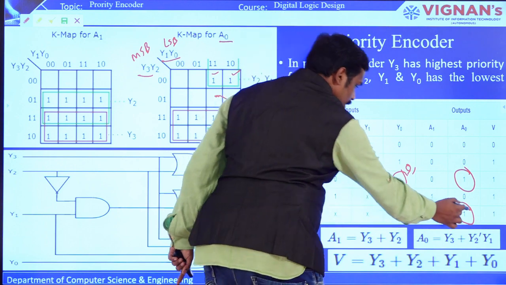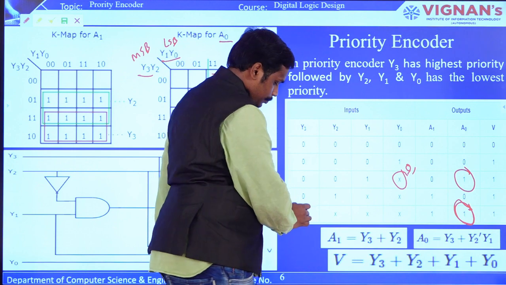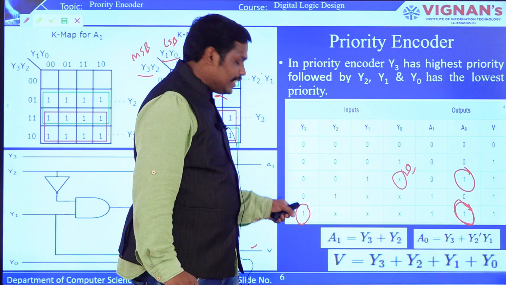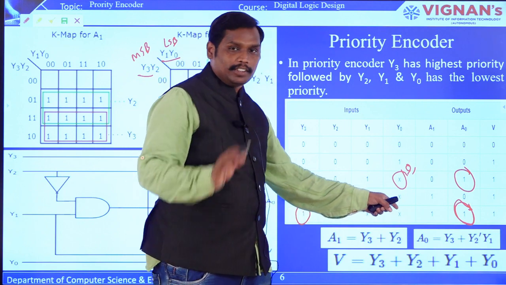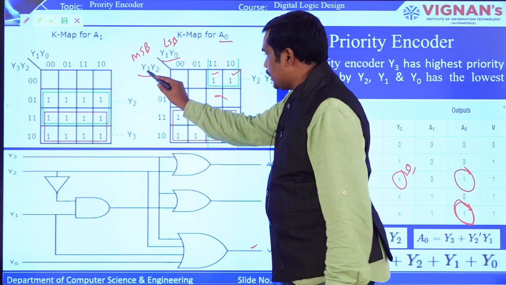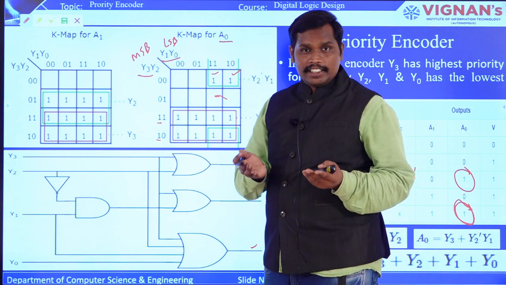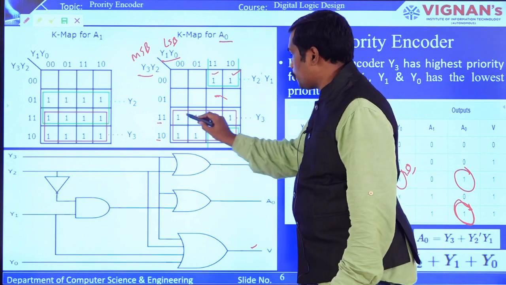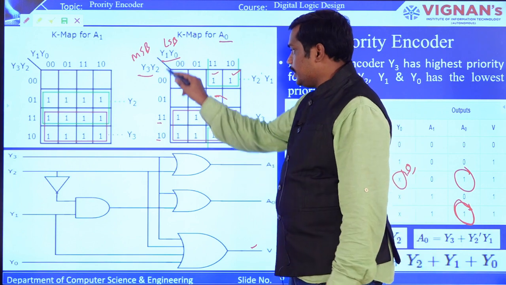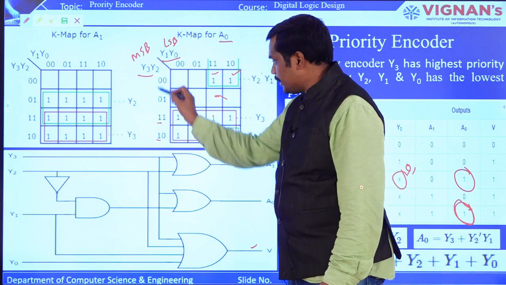In the same way now, for this particular one, you can see that this 1 followed by x means if Y3 is 1, all other possibilities, everything you have to represent with 1. That is the reason why you can see here that for Y3, wherever it is 1, whatever may be the other possibilities, because don't care conditions can be 0 or 1, all possibilities you are going to have all 1s. That is the important point here, right? So Y3, based on the priority, can be represented with Y3 as 1.